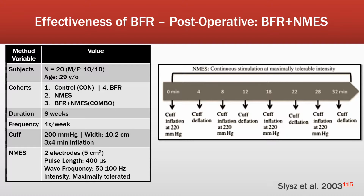So it was a control that just went through the exercises. They had the electrical stimulation group. They had the BFR plus NMES, and then they had the BFR group alone. So the durations were 6 weeks, again, relatively short time frame for strength and hypertrophy to take effect, 4 times a week. You have the cuff pressure of 200 millimeters, the width 2.8 centimeters, and then it was 3 bouts